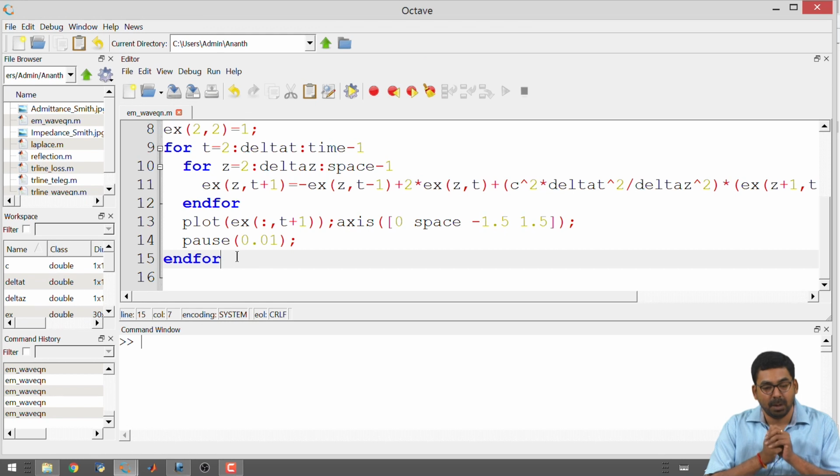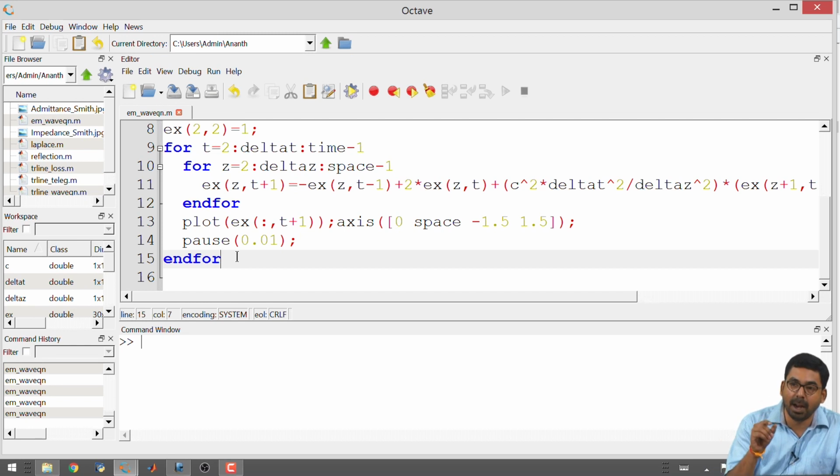One of the things that we notice here is that we are trying to calculate for all instants of time and for all points in space the value of Ex dictated by the wave equation, and there are two for loops. Generally, when you have large matrices, for loops are not encouraged, because you are manipulating only one value of the array at a time.